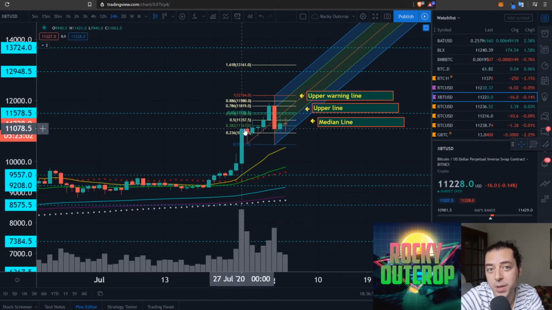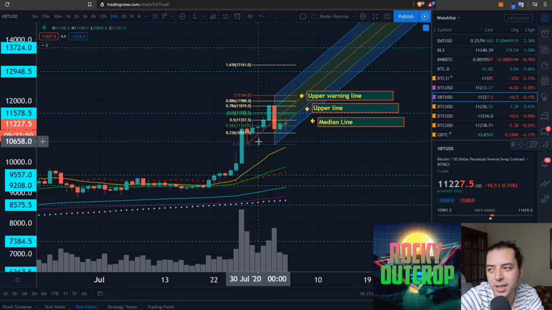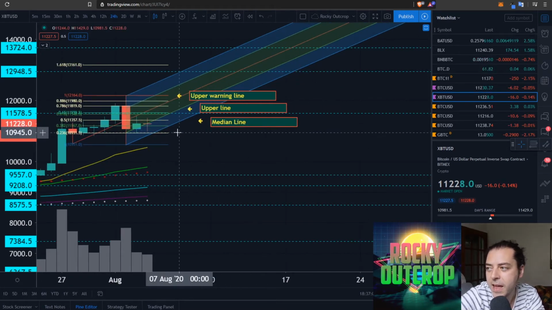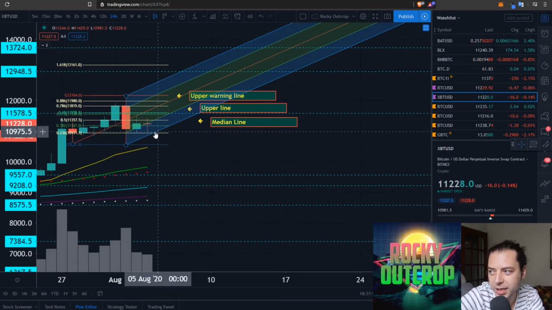How stable are we above 11,000, and what direction could we be going thereafter is the question that we're asking. That's why I've drawn it in like this, in order to frame everything around that conversation, which is the sort of conversation you'd be having with yourself as you look at the charts. Then, of course, where could we be going on this one if we do go either down the way or up the way? Well, let's just take a look first at the lower side, you'd be wanting to see closes above 11,000,